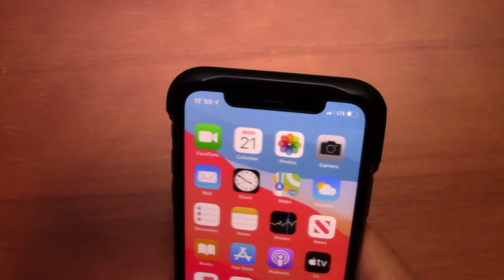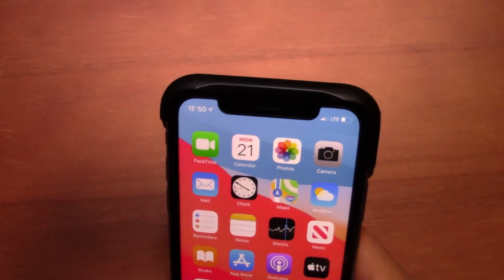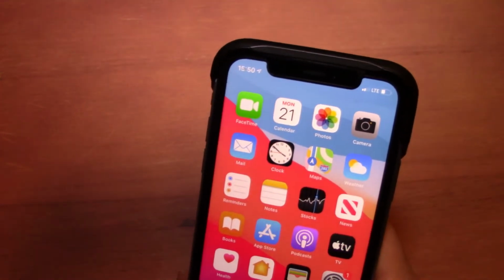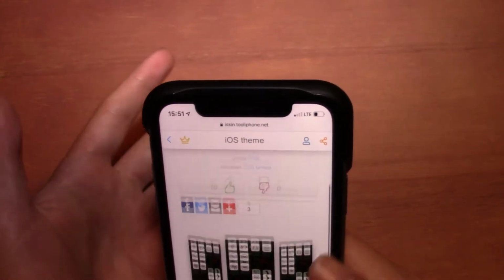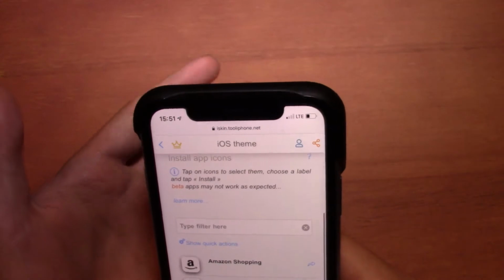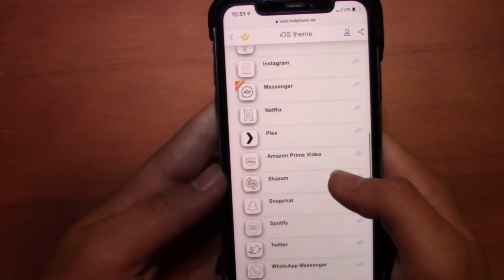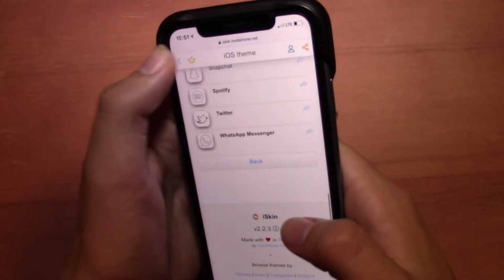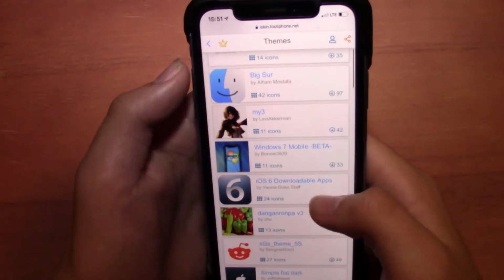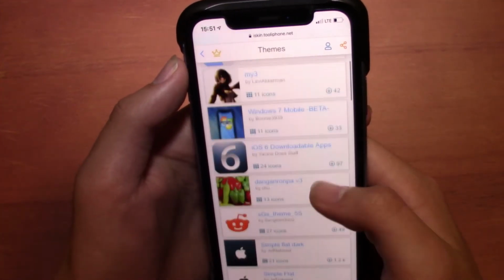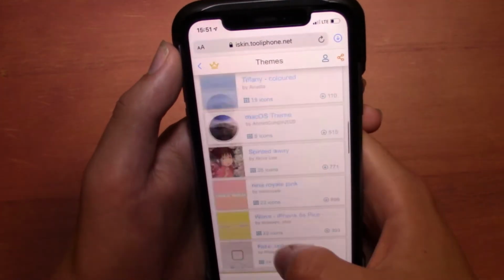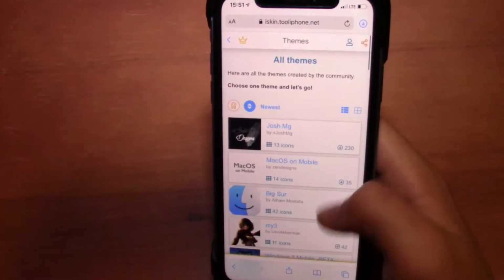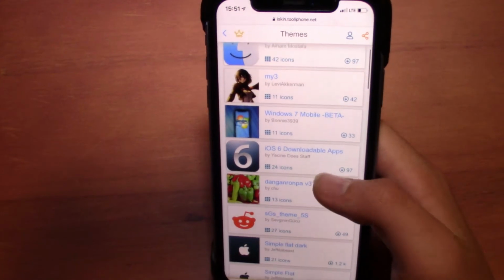So let's go through what you should do and how to do this. I'm not going to do Big Sur. Like I said, there are many other icon packs out there, such as this one. Or if I go back up here, there are many more. Windows 7, iOS 6, and all this. So what I'm going to do in this case is